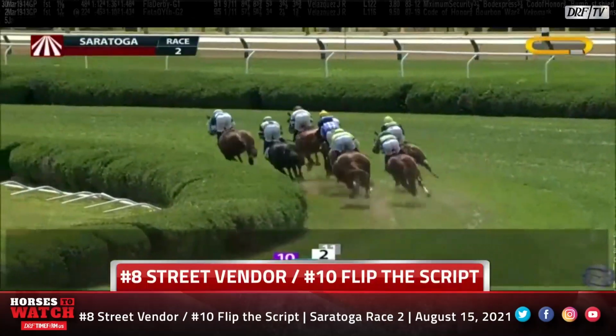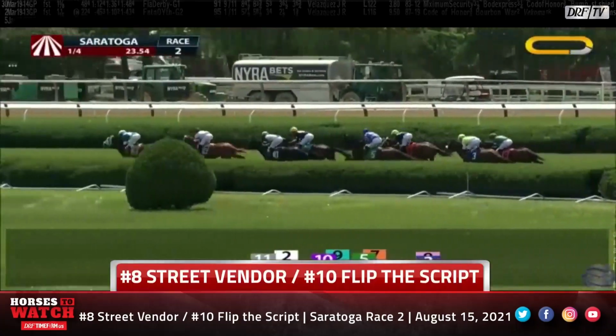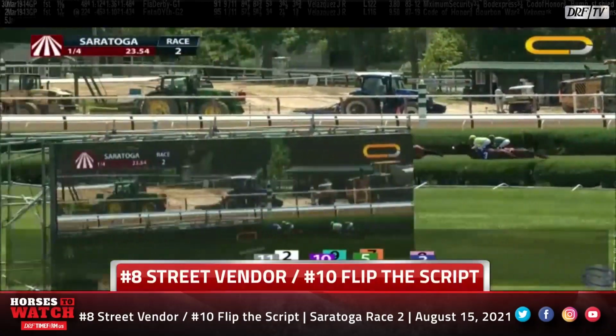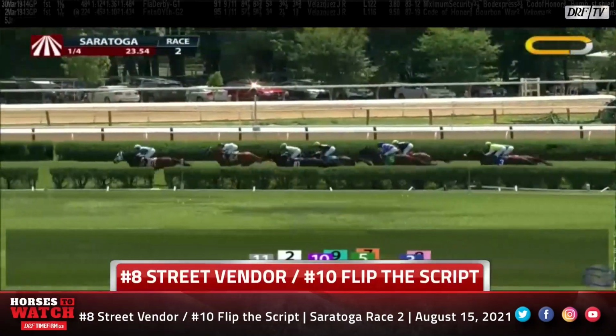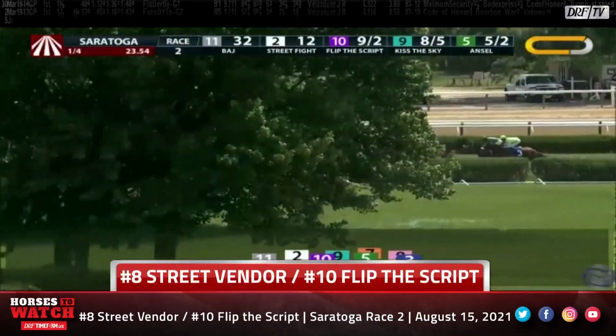And you can see moving into the clubhouse turn here, Flip the Script gets a really good spot on the rail in behind the leaders. He had broken alertly on top, and Luis Saez, his rider, had guided him towards the front end, but some others were a little more aggressively ridden, so he had to stalk in behind those horses. But I gotta say, Flip the Script is having everything go his way at this point in the race